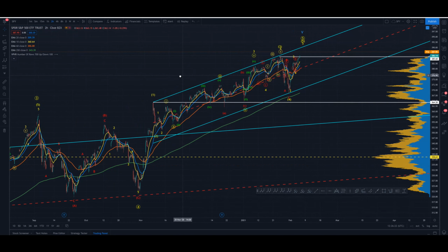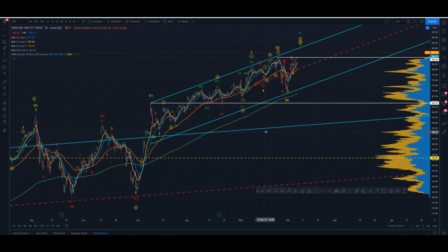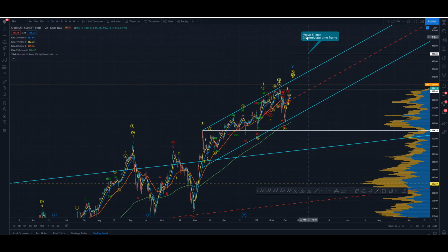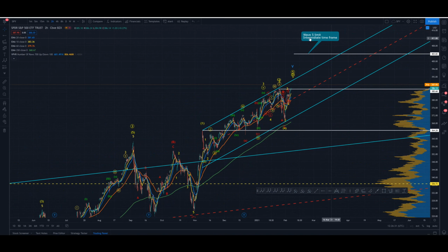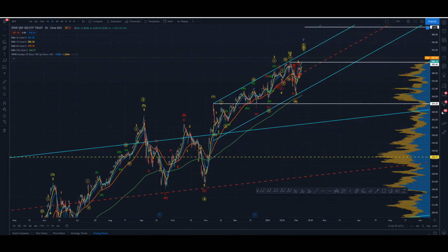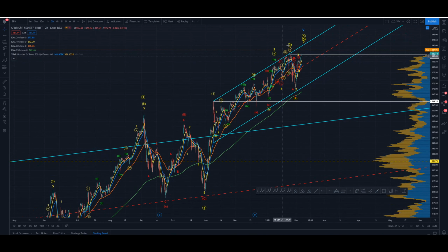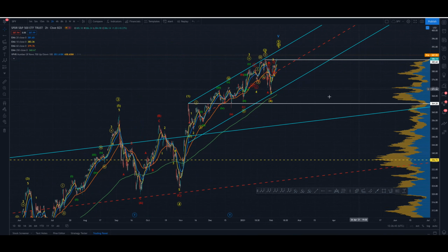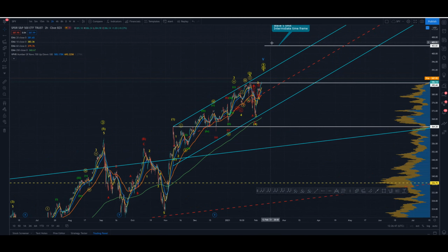So the most important thing I've noticed about this move, this fifth and final move up, is we've got up here wave 5 intermediate time frame. Now this is a wave 5 limit. Now why have we got a limit on how big the wave 5 can be? The reason is the wave 3 is shorter than the wave 1, and the wave 3 cannot be the shortest wave overall in a 5 wave move. So that means whatever the length of the 3 is, that is our limit for the length of the 5,